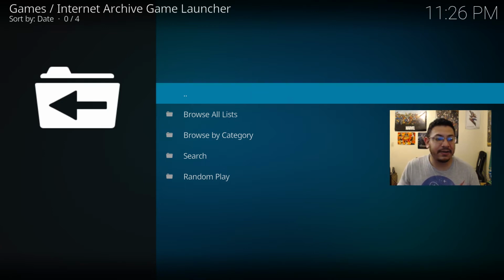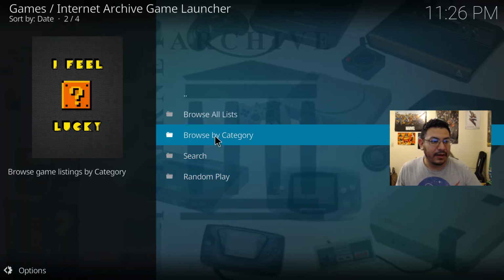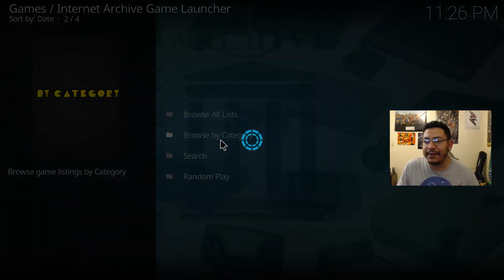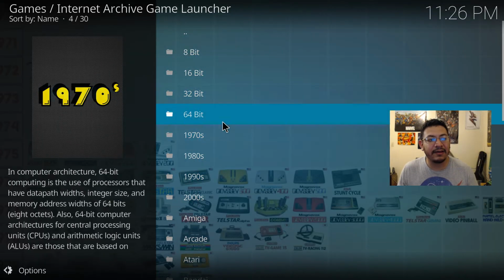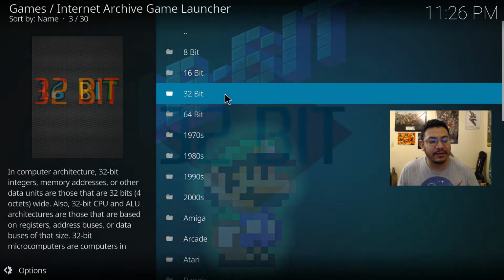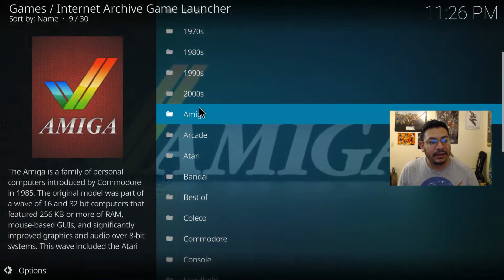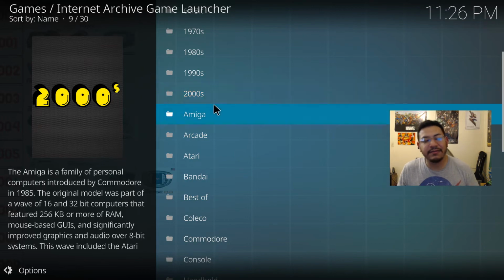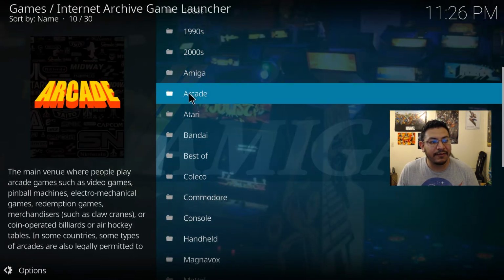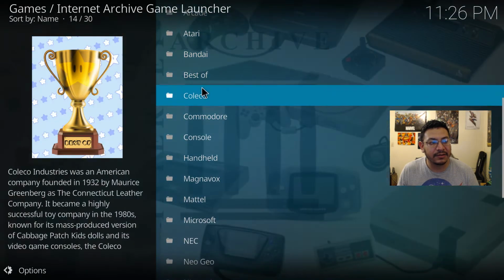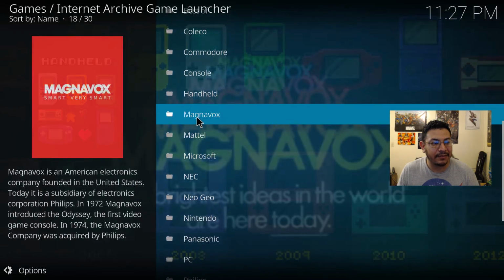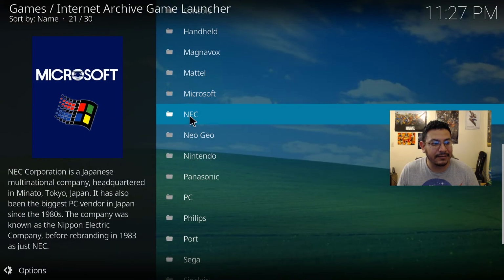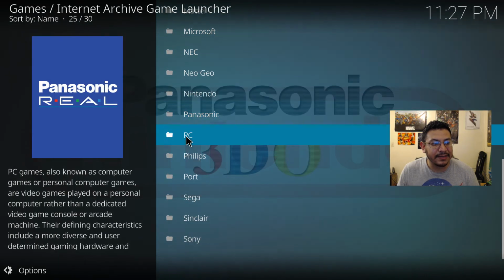So now everything looks like it's finished doing its updates. Now we can go ahead and look around in here. My best advice is to go to browse by category, because in here you have the category of 8-bit, 32-bit, and it'll give you a list of emulators that you can click on. 2000s, it'll be emulators from the 2000s and games from the 2000s, or you can just keep scrolling and find the emulators yourself. So here's Atari, here's the best of Coleco, Commodore, handheld, Magnavox, Mattel, Microsoft games, and Nintendo, Panasonic, PC games,